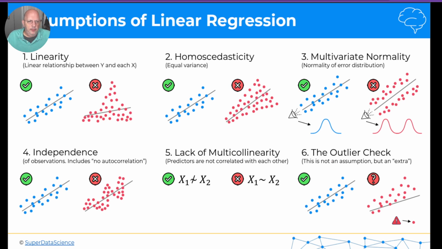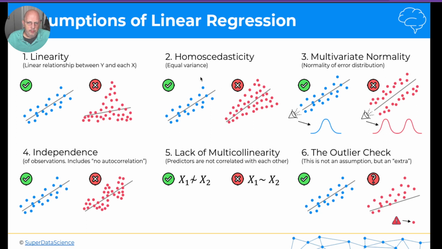Actually here, let me look at this. Check this out. So there we go. Linearity, what is that? That's number one: that the X and Y have a linear relationship. And don't worry, I've got more on this, so if this has confused you, don't worry. Homoscedasticity: there's equal variance, equal error, equal residual. Here's X and Y, and the points to this line are equally distributed at the bottom and at the top. As we move out to the right, our error is basically equal. See how this is much greater?